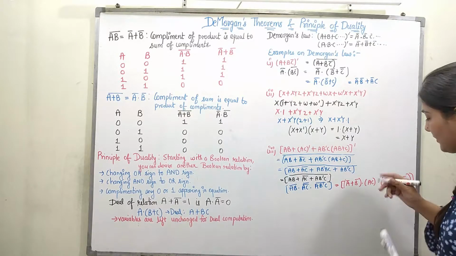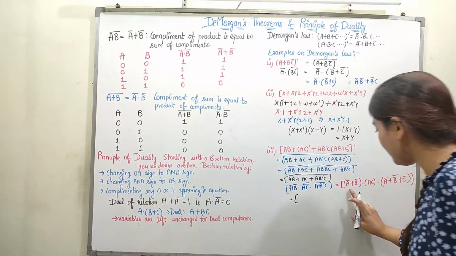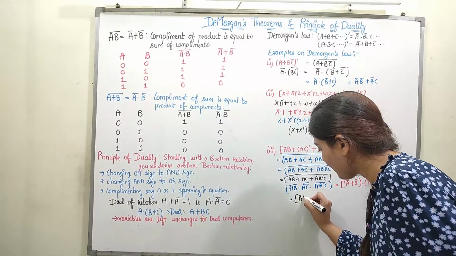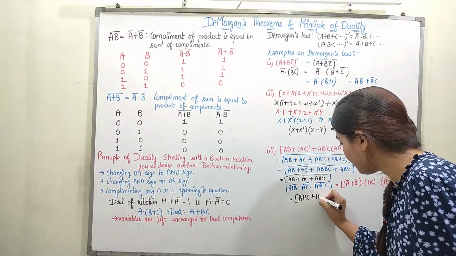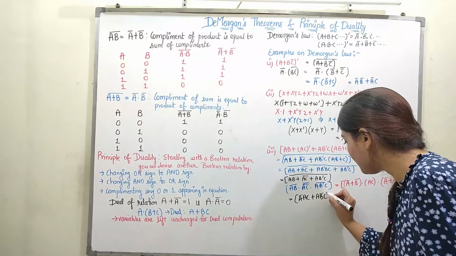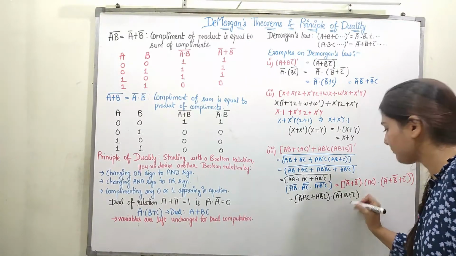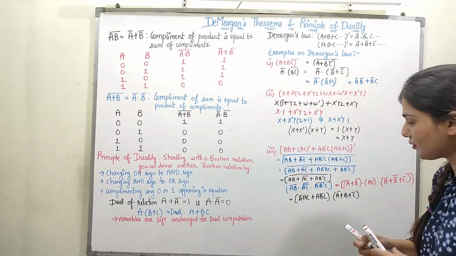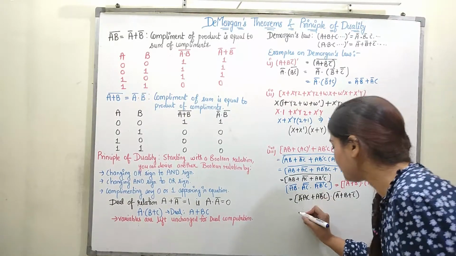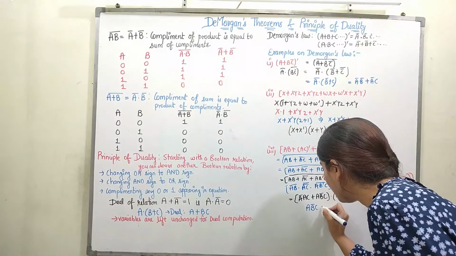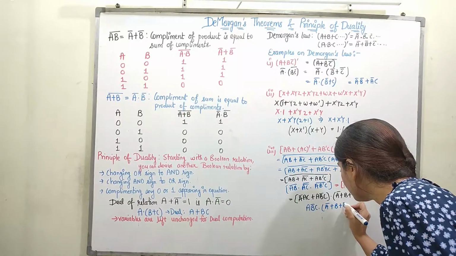Now again we can expand this relation. So first of all, let's expand this. We will have A bar multiplied with AC, so we will have A bar AC, then we have B bar multiplied with AC, so we have AB bar C, right? Dot we have A bar plus B plus C bar, right? So now you can see over here A bar into A will be equal to 0, and 0 plus any variable will be equal to variable only. So we are left out here with AB bar C. Now dot over here we have A bar plus B plus C bar, right?